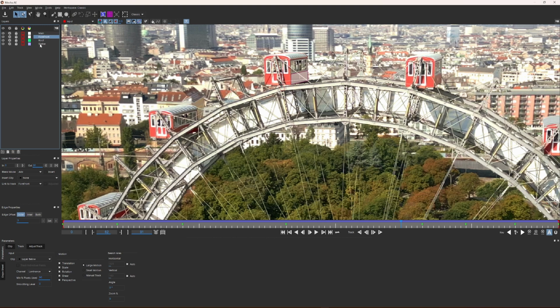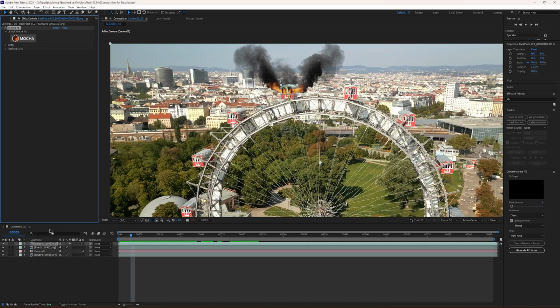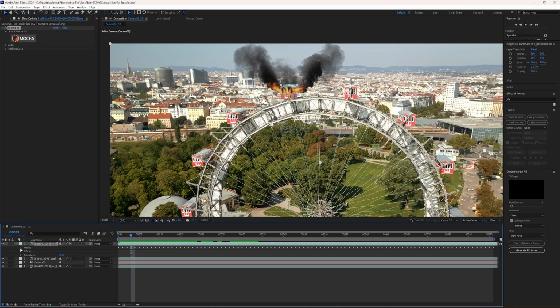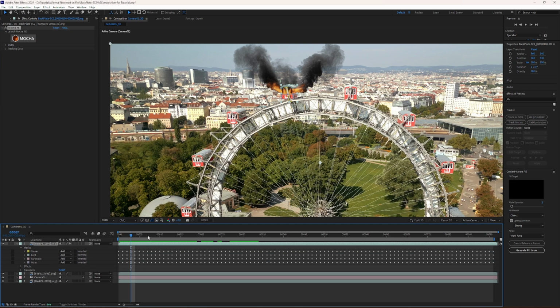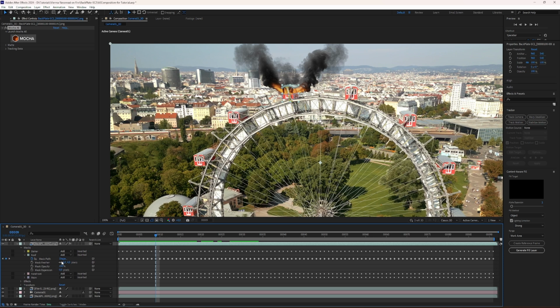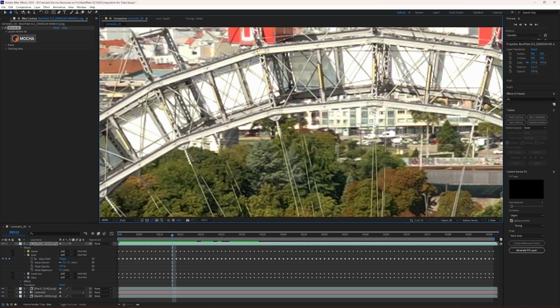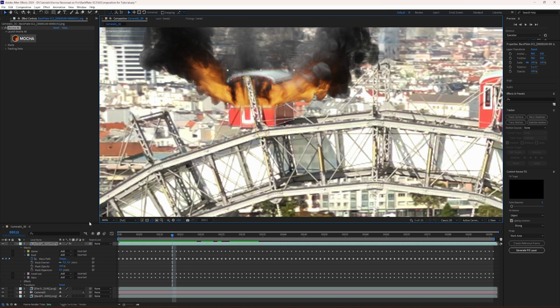We have also the iron part in front of the cabin. We have the forefront and we have the side panel. Everything is tracked. Perfect. We are closing it and we are back in After Effects. So let's see the whole composition without the layers. We are zooming in, and